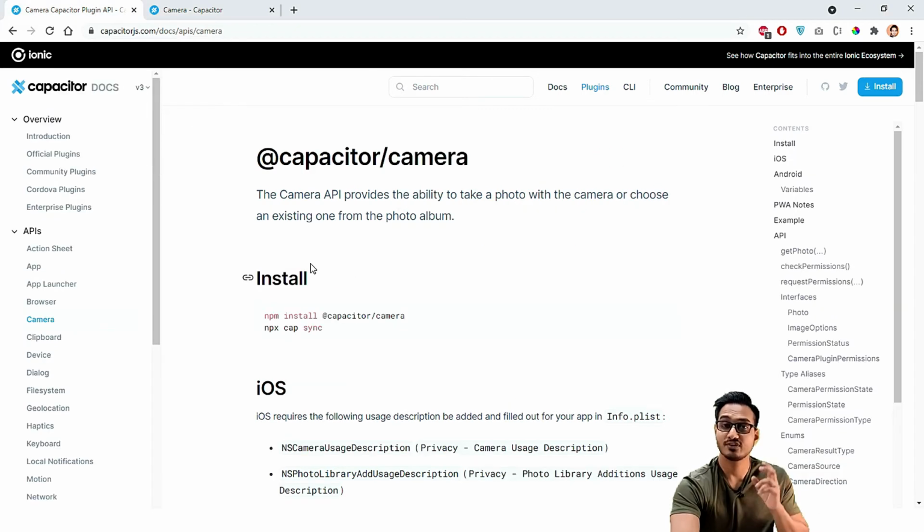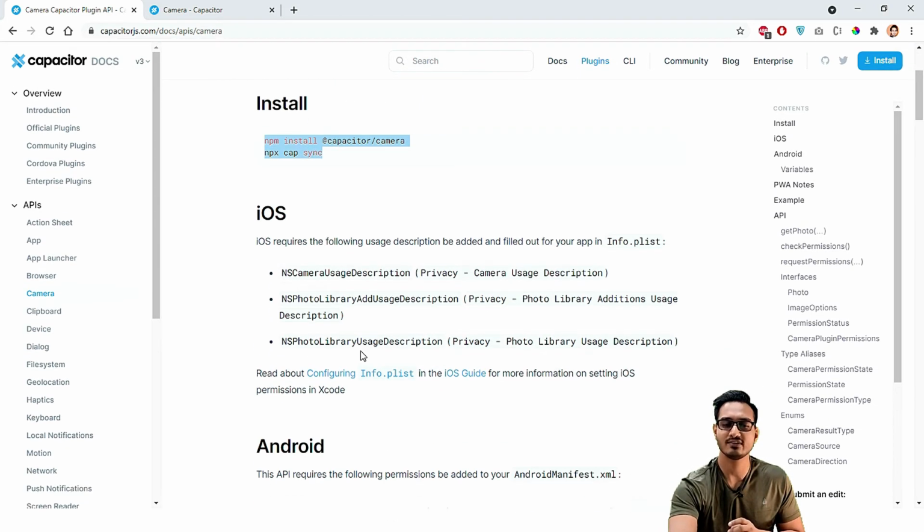But in Capacitor version 3 we need to install it, and these are the commands which we need to use. And how to use that, I have shown you at that particular moment what you need to do. Remember to use ionic build, which I'll be showing there when to use it. Don't worry, just keep in mind. So this way you have to install it, and once that is installed you are good to use it as the previous one. But a few things are changed.